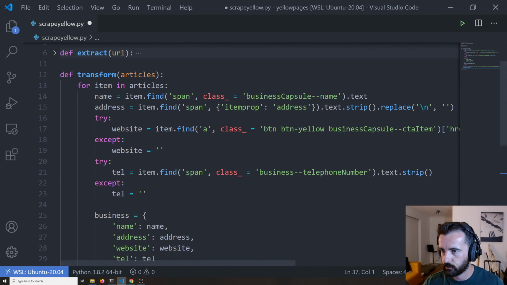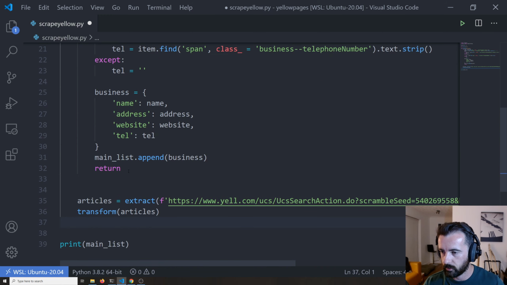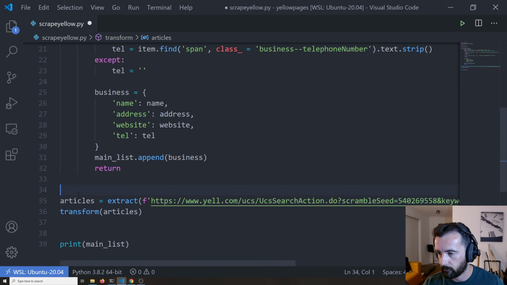At the bottom of our transform function, we need to make sure we add in a return statement, which I've done here. Now I'm going to do a for loop to deal with the pagination. So I'm going to do for X in range, which means every time it loops through, X becomes the next number in our range. And I'm going to do page 1 up to and including 8, so 1 to 9, because I know that this website has 8 pages